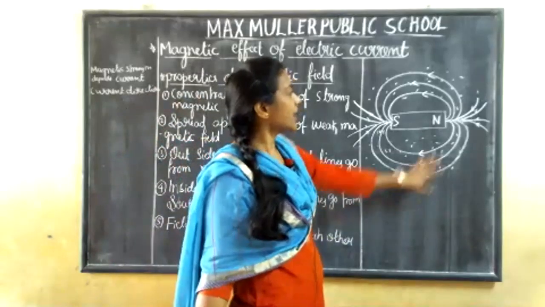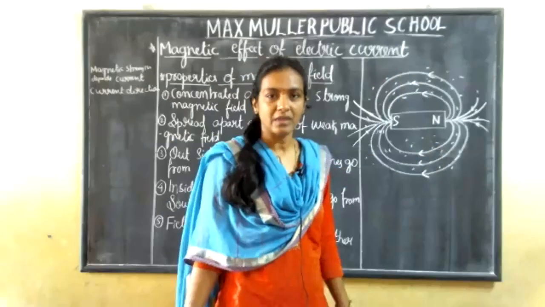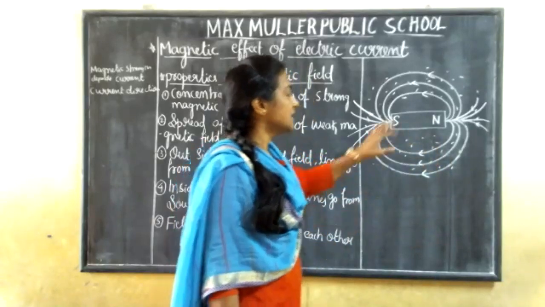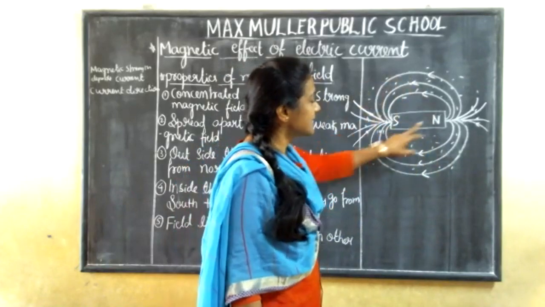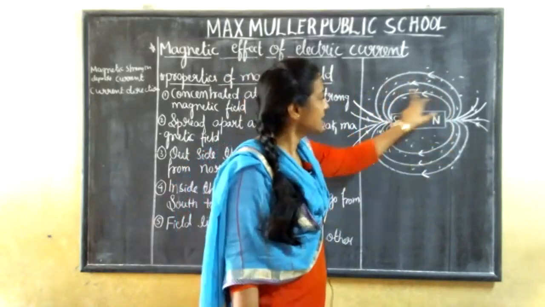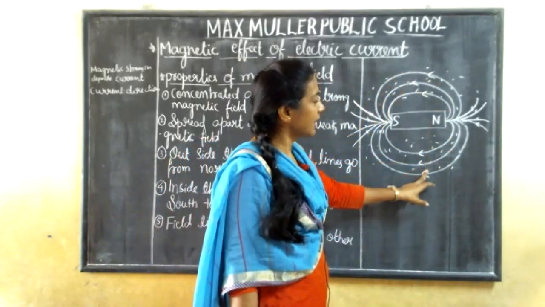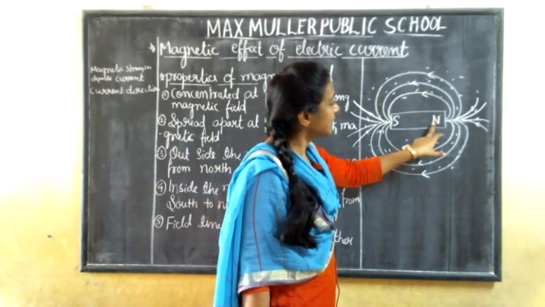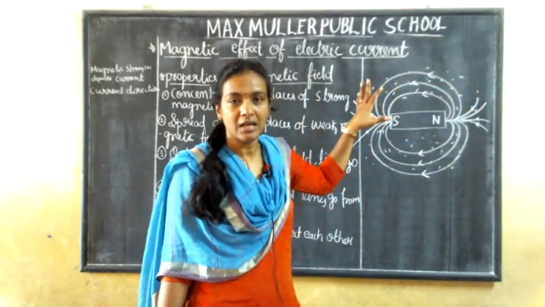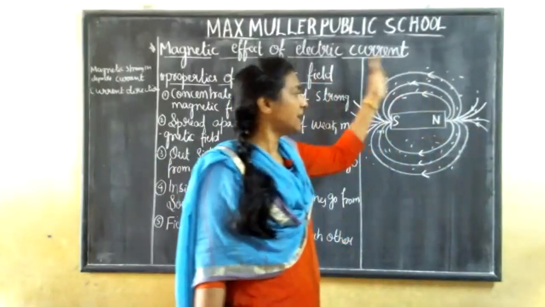Next, if they are arranging themselves like this, then they will have some properties, no? Yes, they will have some properties. So what are the properties here? See, I have shown the direction of the magnetic field lines here. These are the magnetic field lines. Clear? So how do they look? These magnetic lines are emerging from the North Pole and merging in the South Pole.